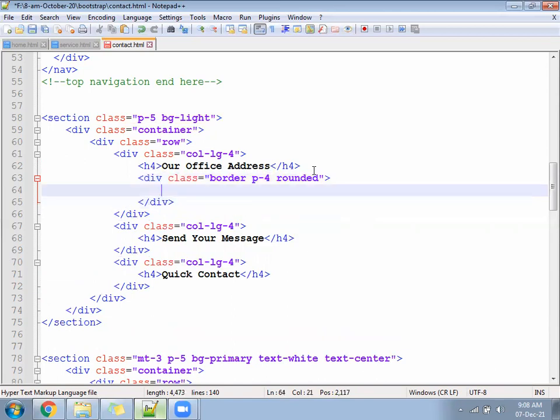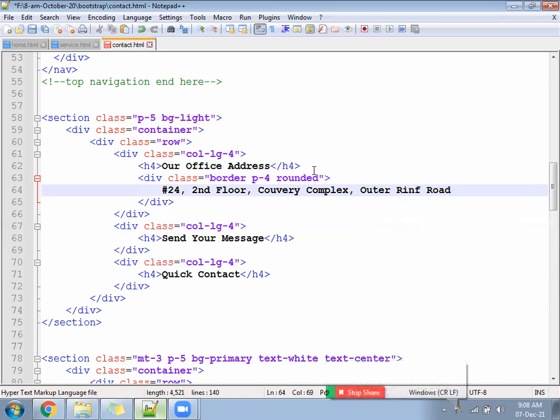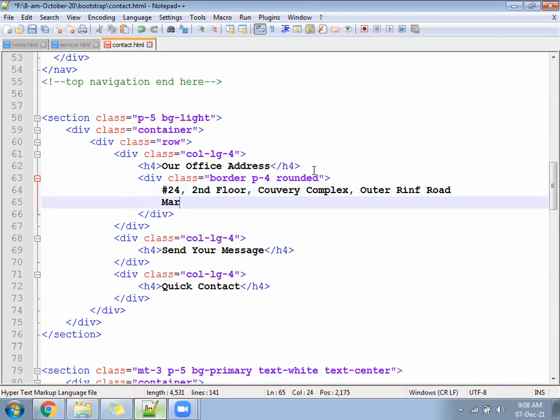Keep inside it: 24, second floor, very complex, outer ring road, Bangalore, 560037.